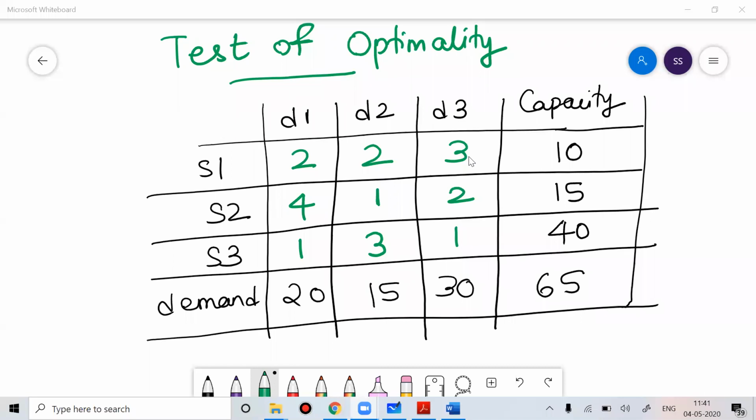Right now we are talking about the test of optimality. In operation research till now, we have covered the LPP problem, the formulation of the LPP problem. Then once we formulate the LPP problem, how to solve it by using the graphical method, the simplex method, or MS Excel solver. Then we have learned the tool of working on linear programming, where we talked about one application of linear programming, and there we have studied the transportation problem.